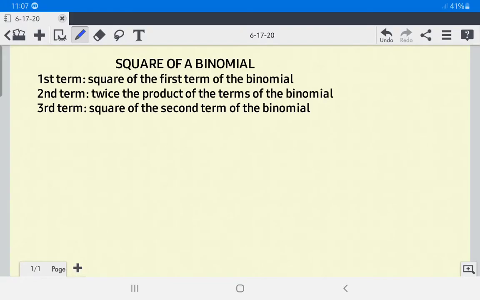Hello, today we're going to discuss how to square a binomial. Squaring a binomial x plus y means you have to multiply x plus y by itself. So if we have the square of x plus y, that is x plus y times x plus y. Then, using the FOIL method,